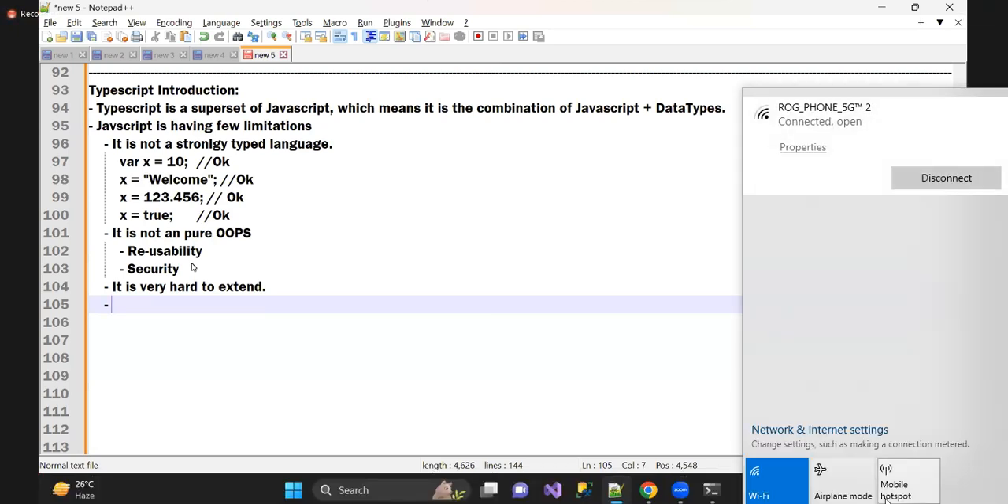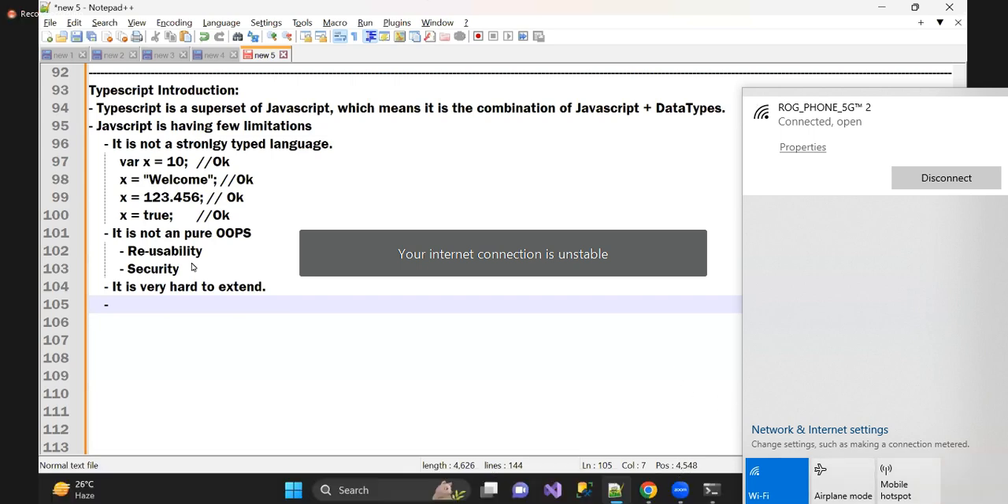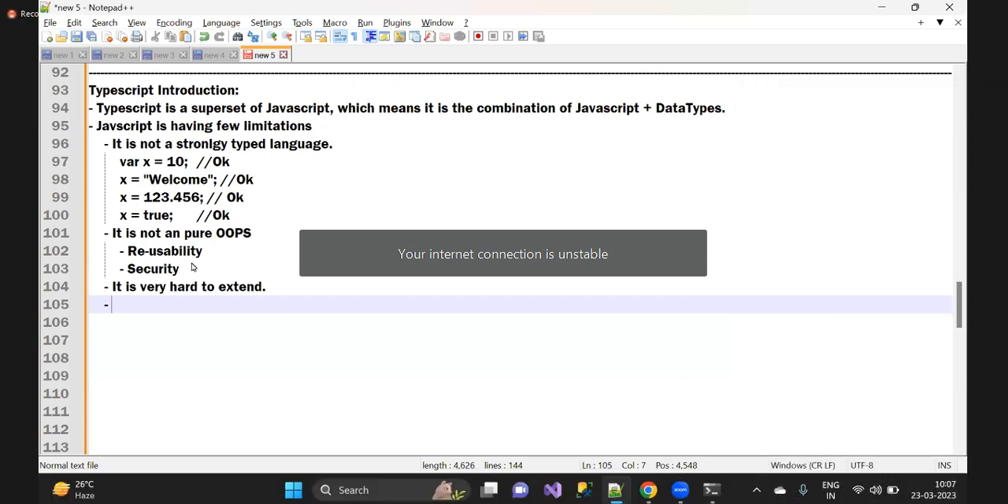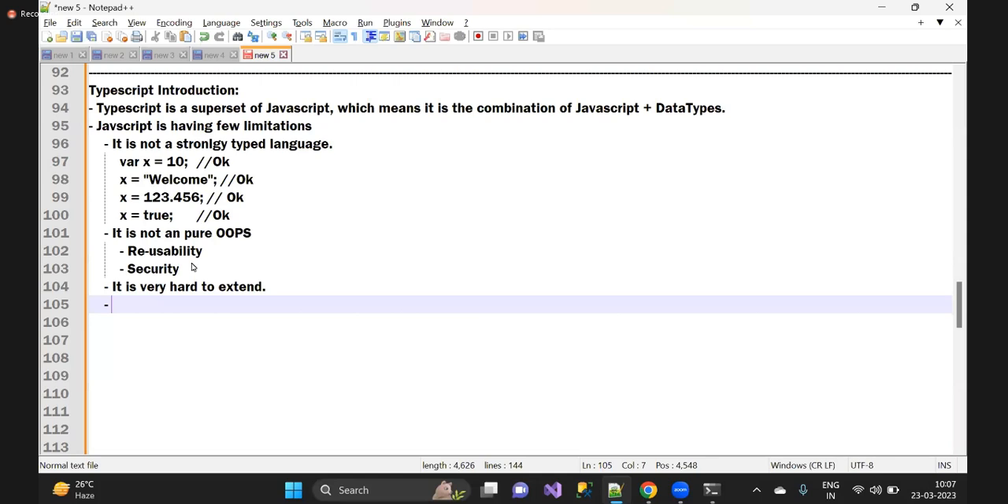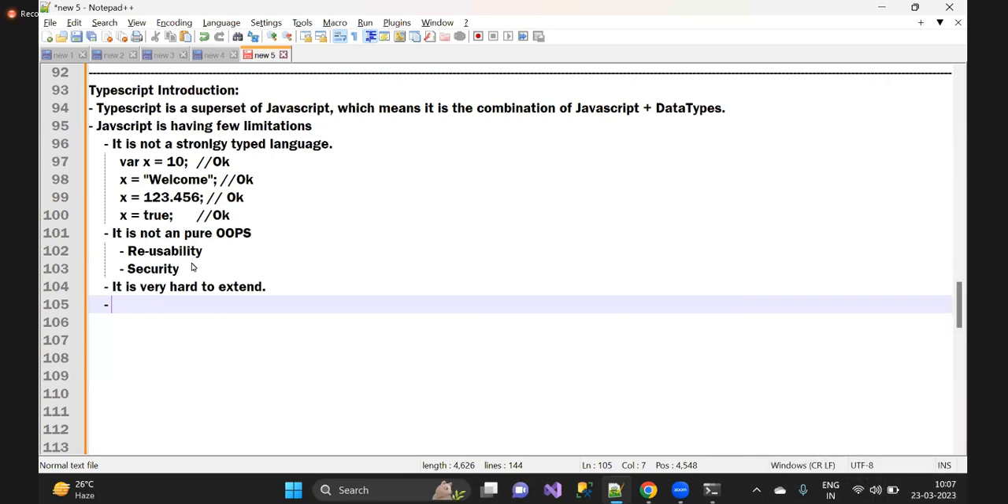the object-oriented programming principles. What are the object-oriented programming principles? We have encapsulation, abstraction, polymorphism, and the next one, inheritance. Now, what is the purpose of inheritance? Inheritance is mainly used to extend the behavior of an application. That means I already created a class and